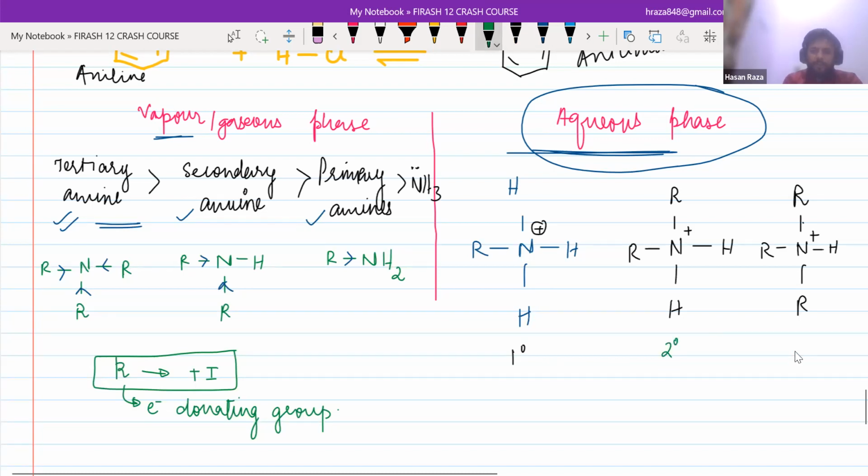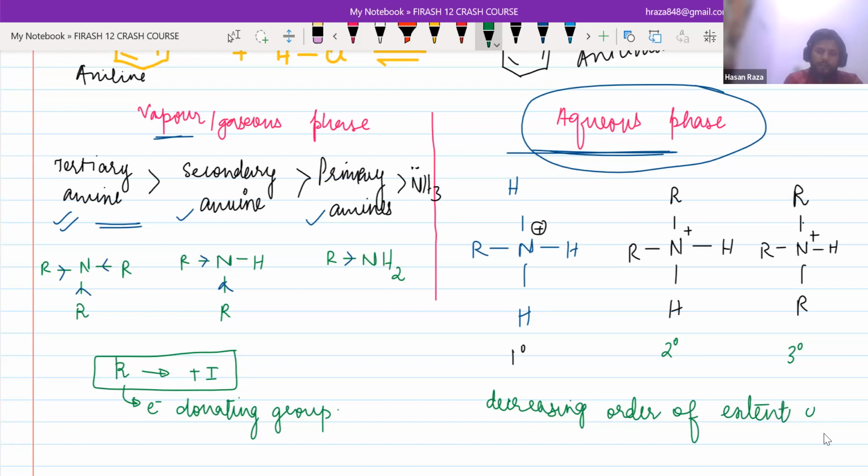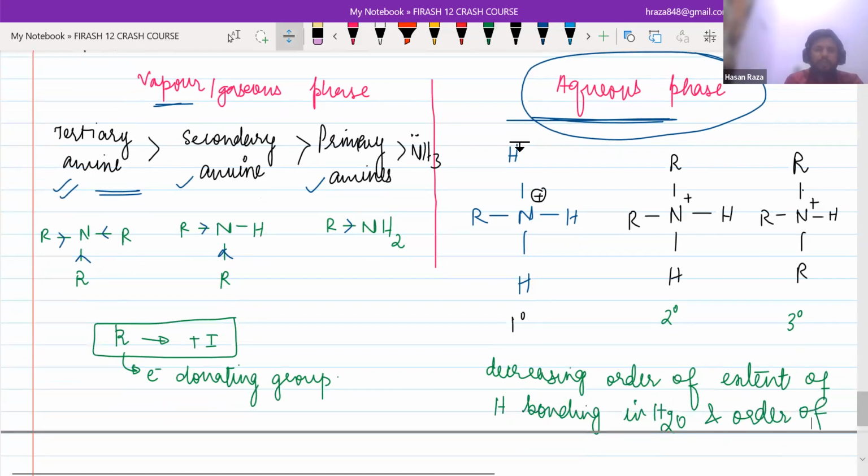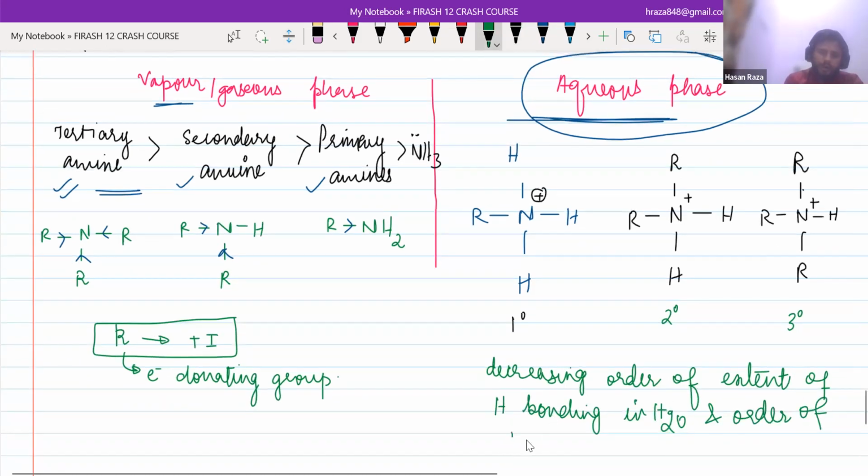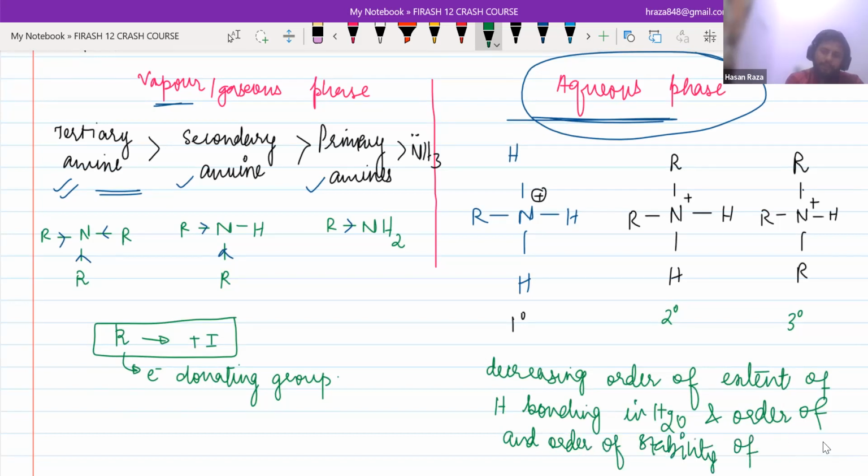So can you arrange them in decreasing order of extent of hydrogen bonding in water, and order of stability of these ions by solvation. So what I want to know is